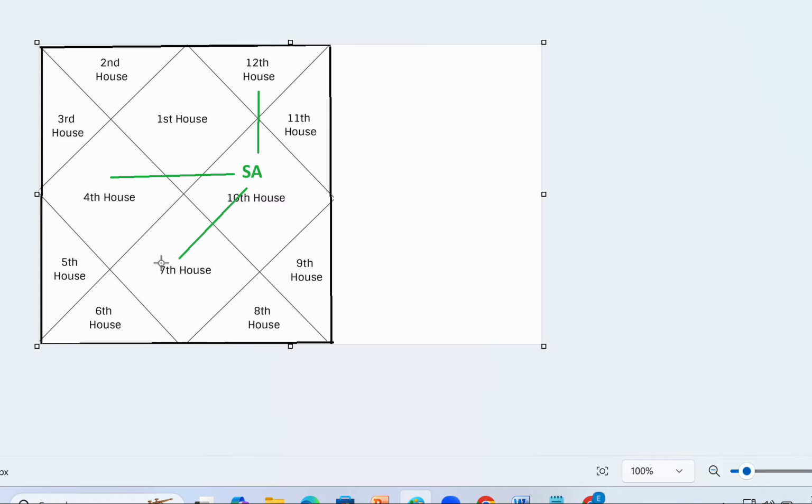Saturn is looking at its exaltation sign. Seventh house is exaltation. So his wife is also very happy with him. Or if he's in business, the 10th house, karmasthan, got improved, his business got improved. He made some investments. 12th house is investment into real estate property. This is also another possibility. And all the results will happen.